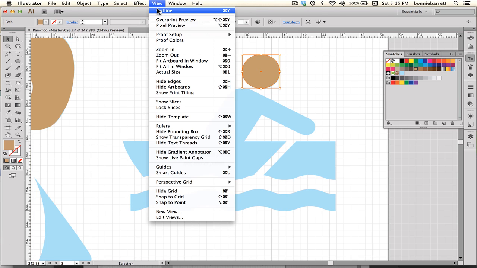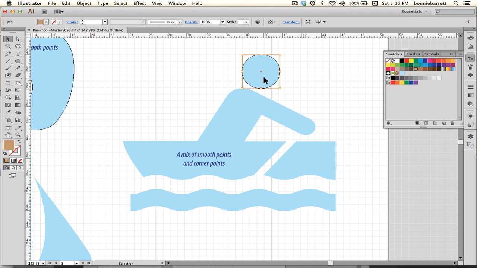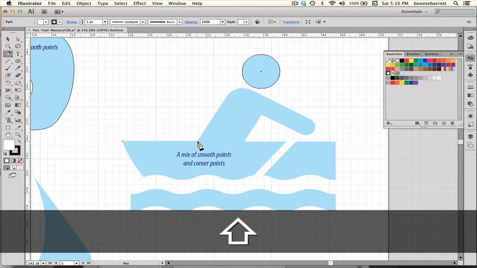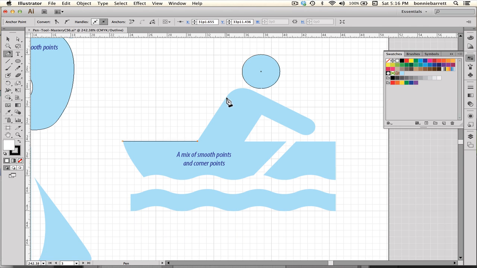Let's go back to outline mode, and that was a pretty good guess there. Doesn't really matter what my stroke and fill are in outline mode, but I'll just return this to default, which is a white fill and a black stroke. So let's take a look at what we have here. And going to the pen tool, we learned earlier that when you are just doing straight corner points, all you need to do is click, no need to drag. Holding down my Shift key, and I'm clicking. Releasing my Shift key,